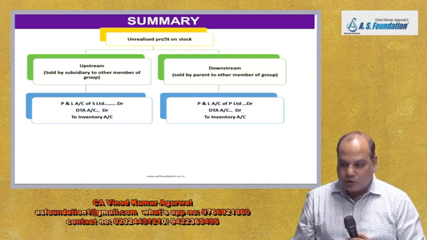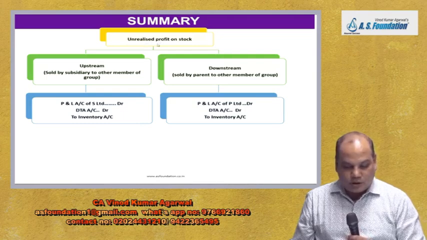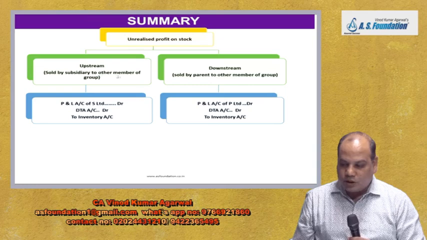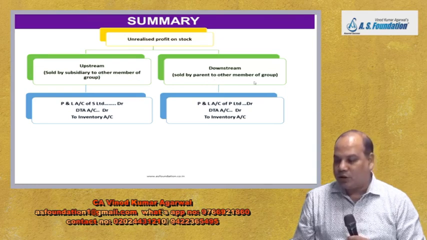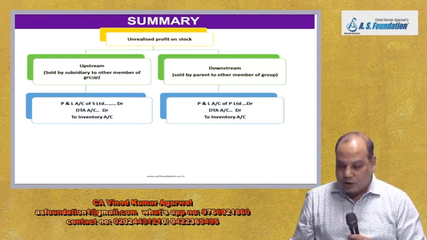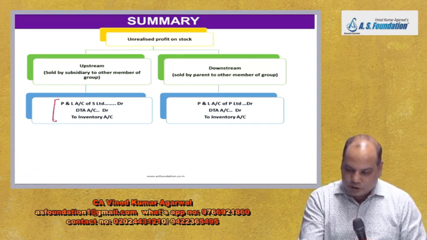Now see, there is a small summary also. Unrealized profit on stock, upstream, downstream. Upstream, sold by subsidiary to other member of the group. Downstream, sold by parent to the other member of the group. Adjustment entry. Suppose I am preparing the CFS, or let me say I am preparing consolidated